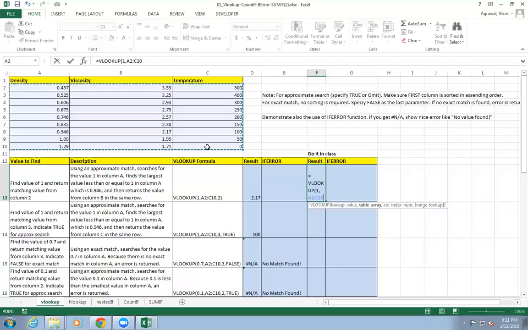All right, that's my table array, and I want to return the value from viscosity, so that's column number 2. After that I can specify true. If you put a comma there, you see that, right? True for approximate match, false for exact match. So obviously we have to have it true for the approximate match. And true also means that if you omit it and don't supply any argument, by default it's true. Are you guys with me? So I will just close this one as it is, and that should do the trick,